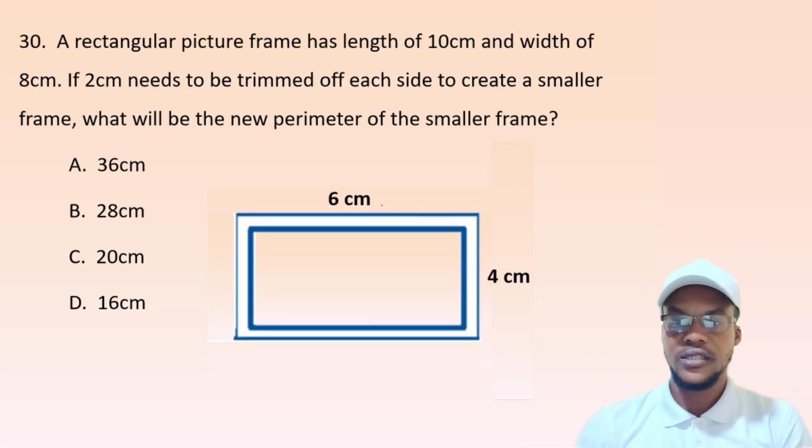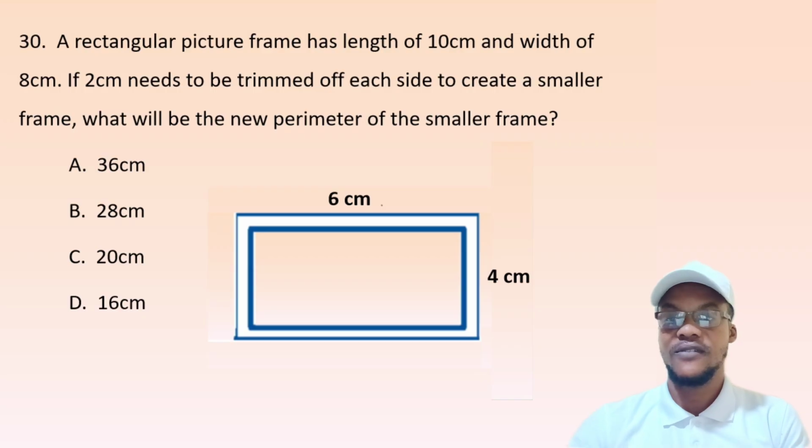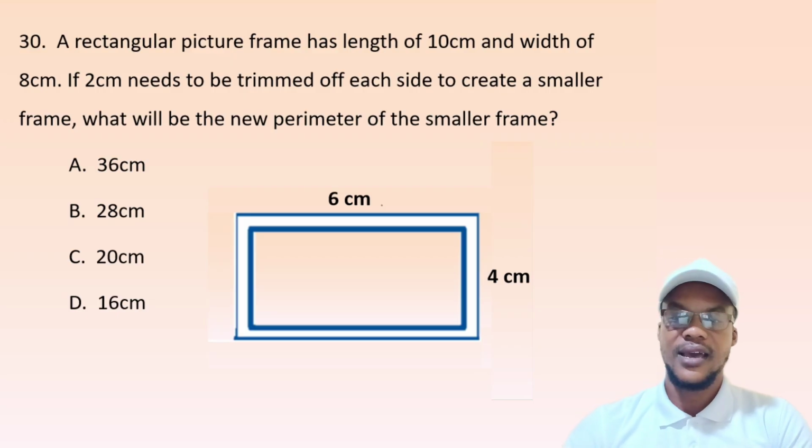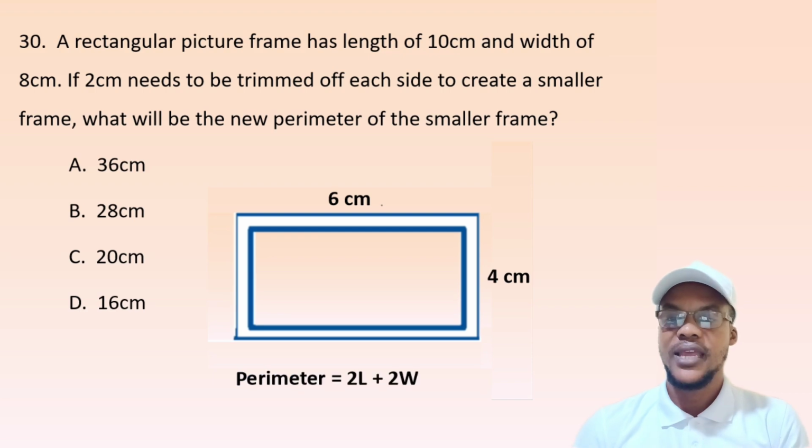Yes, so that is what we are saying. So once you have this one, then you can go ahead and find the perimeter of the smaller shape, because we have now gotten the smaller shape that we want, and we know the length and the width now. And we all know that perimeter is giving us what? 2 multiplying L plus 2 multiplying what? W,